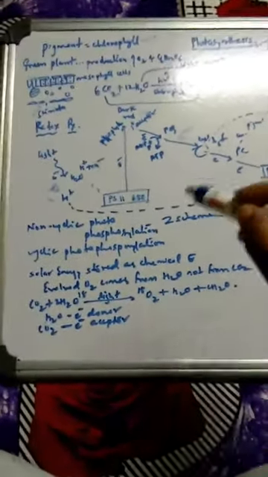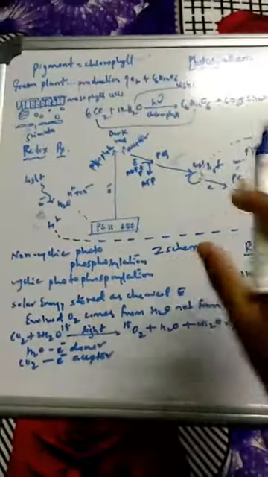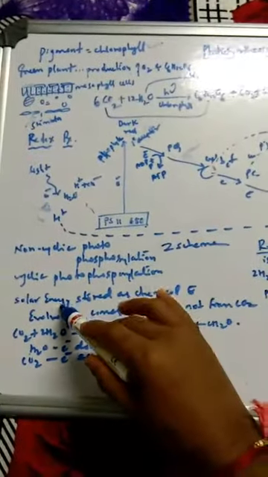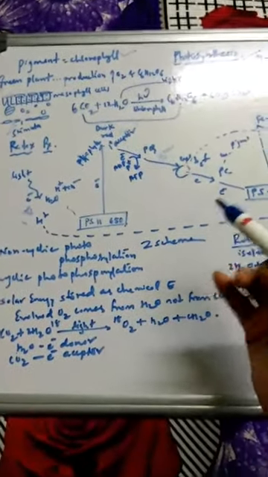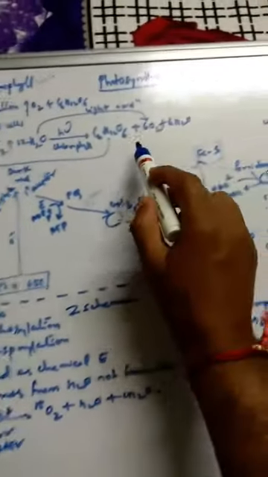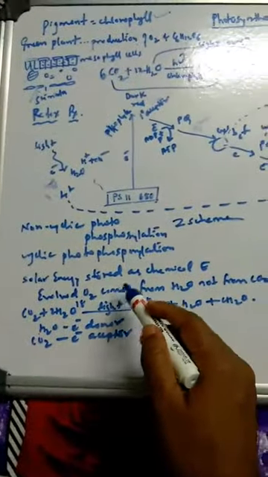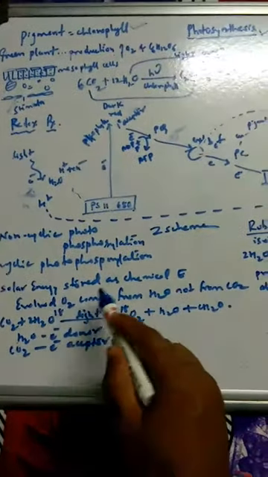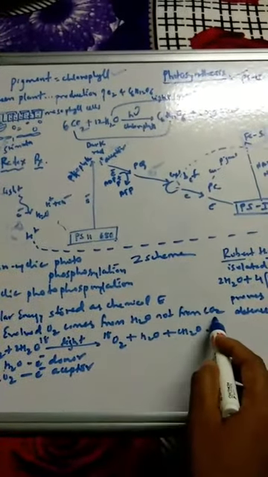In this overall scheme, we can see that the solar energy from the sun is stored as chemical energy in the leaves. And the evolved oxygen, the 6 O2 we have seen here, comes from the water molecule and not from the carbon dioxide.